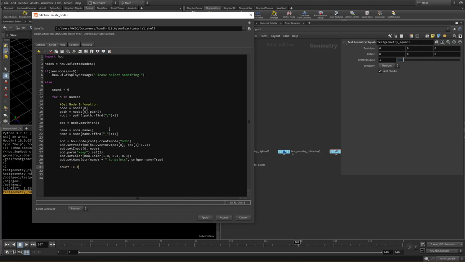So now let me just add a comment here so we know what we're doing. Create node. So what this is going to do is loop. Once it's done the first one, count will then equal 1. So we can use this here to pull a different node out of this selection. So if I say use count, we'll go in both here and here, then we should end up with something that works. Let me just double check we're not pulling, the pos is fine. Okay, this should all work. So now if I go apply and accept,